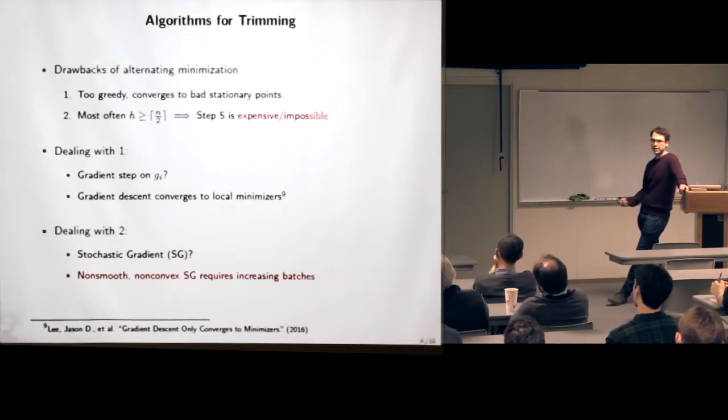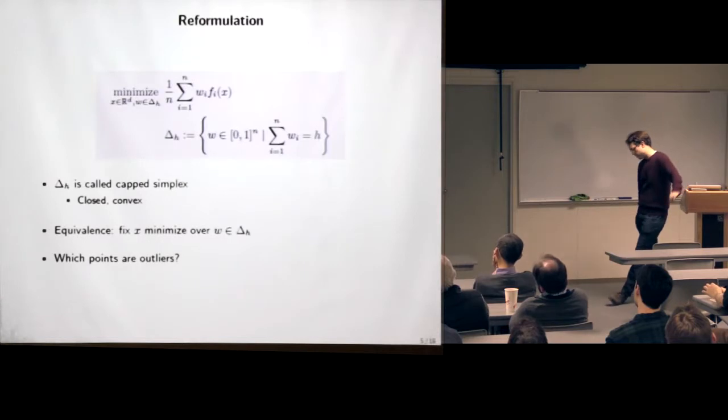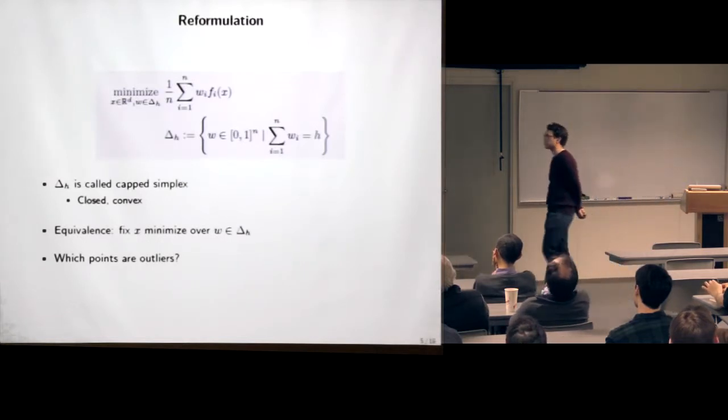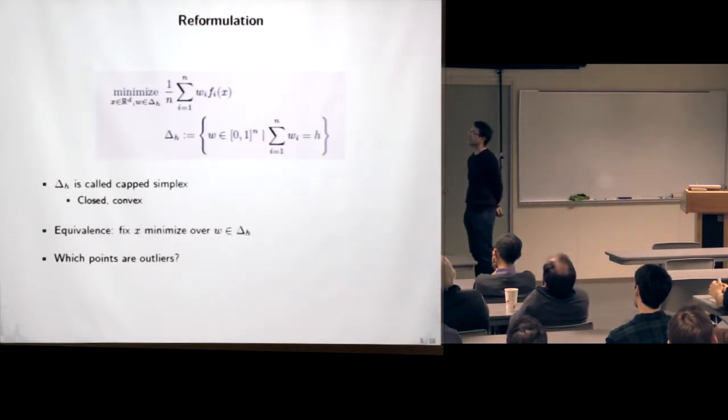And this method is one that deals with one or a few samples at a time rather than going through the whole data set and trying to compute a full gradient or trying to do a full minimization step. So these are the two parts that we did to alleviate these problems. All right, so before I tell you what the algorithm is, I first want to reformulate it in a way